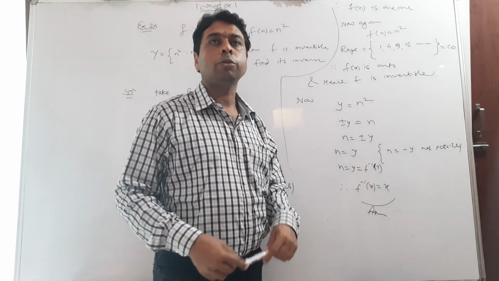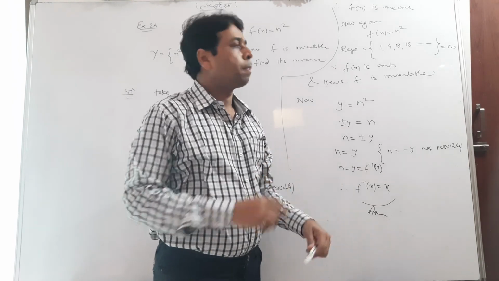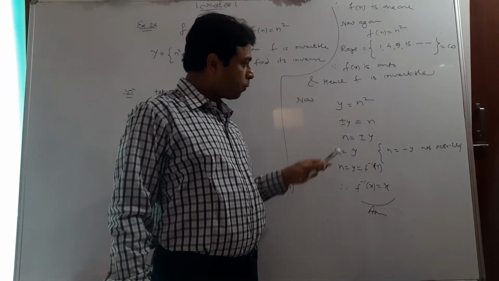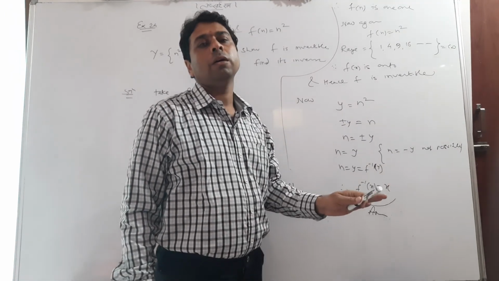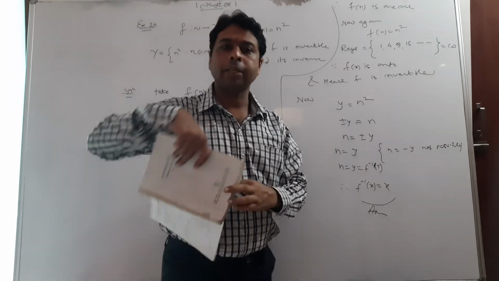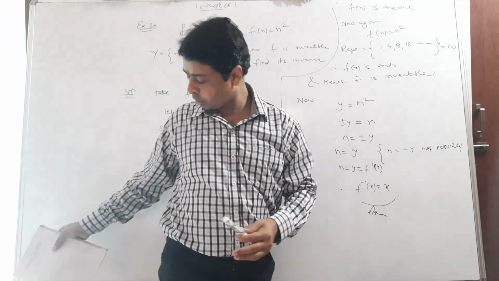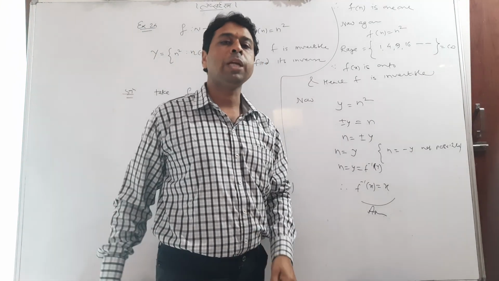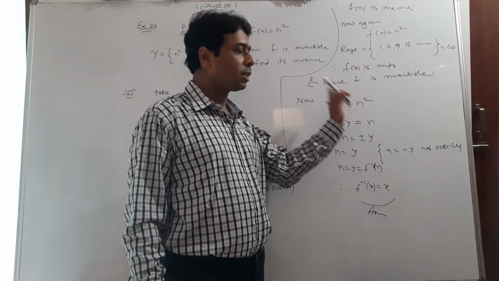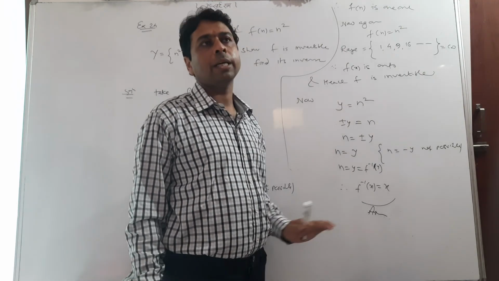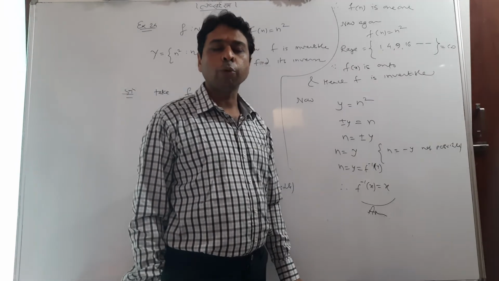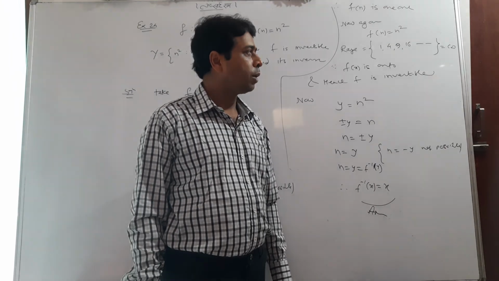I want to say two things. The syllabus of this first chapter is still 3 exercises. Your textbook has 4 exercises, but in the syllabus it is just 3 exercises. So you don't have to read the 4th exercise. We are studying the 3rd one. This is the last conceptual exercise. Further on will be a miscellaneous exercise. So we'll do some questions from that and then we'll go further.